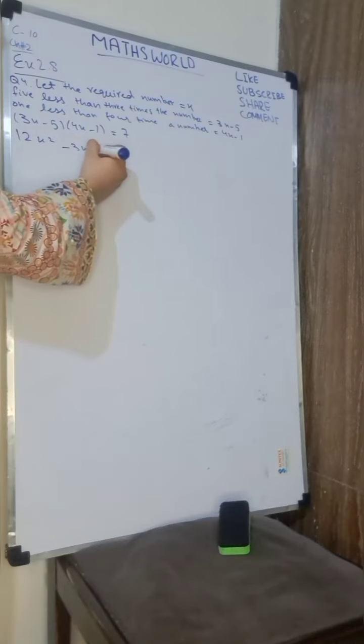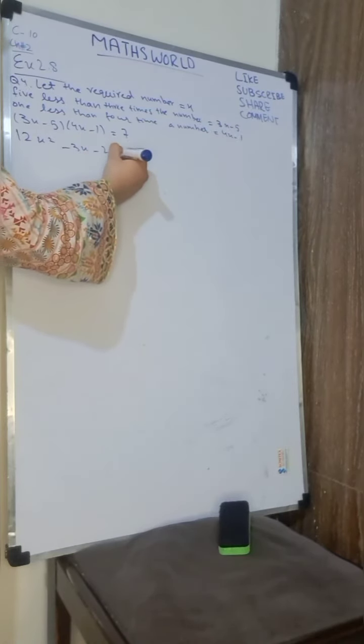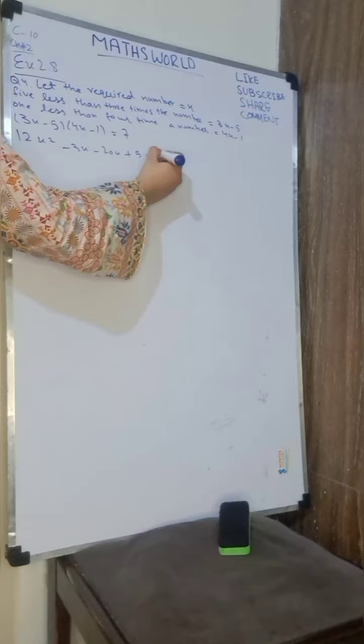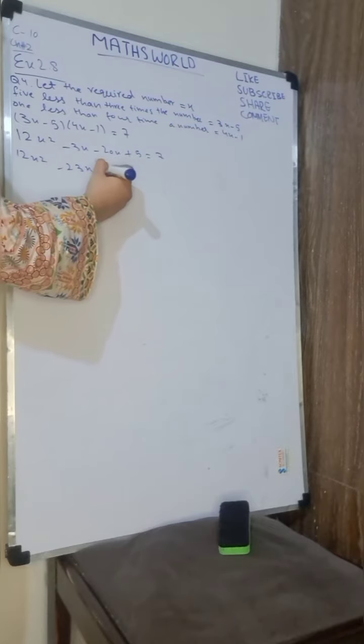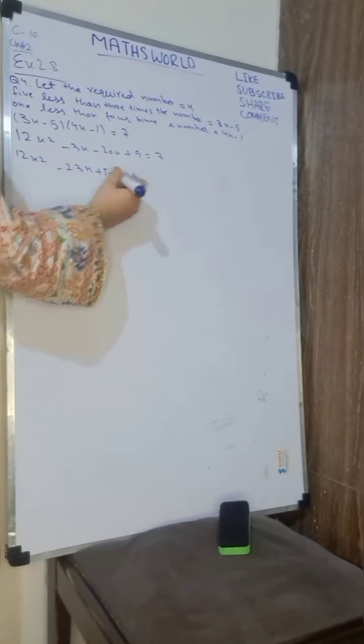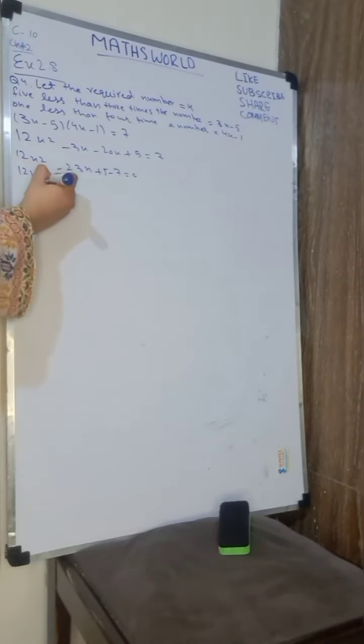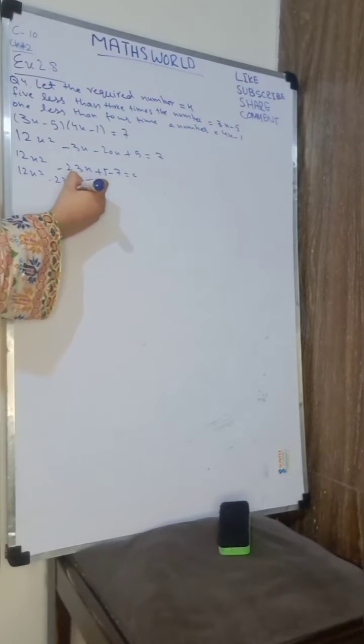3 4s are 12, x square, then minus 3x, then minus 5 4s are 20x, and plus 5 is equal to 7. 12x square, minus 23x, and plus 5 minus 7. 12x square minus 23x and minus 2 is equal to 0. Now you're going to simplify it and it will be equal to